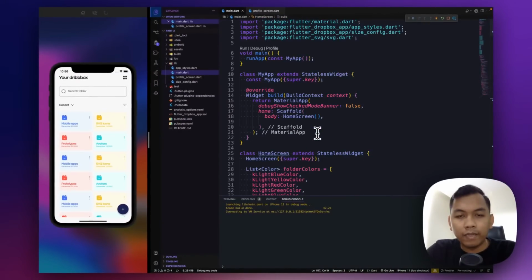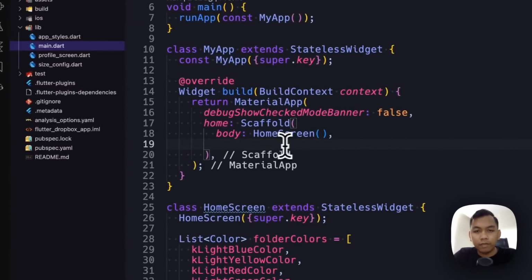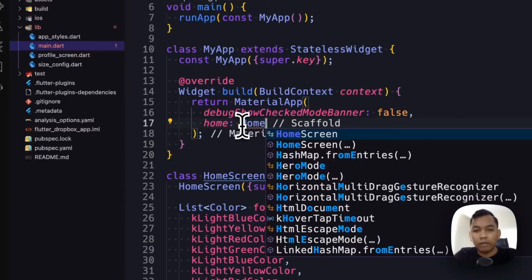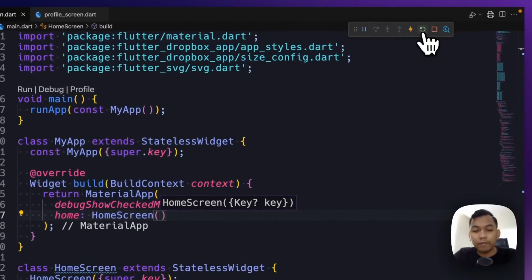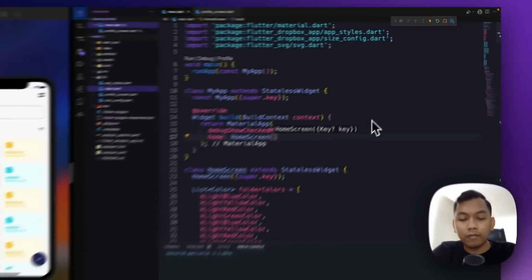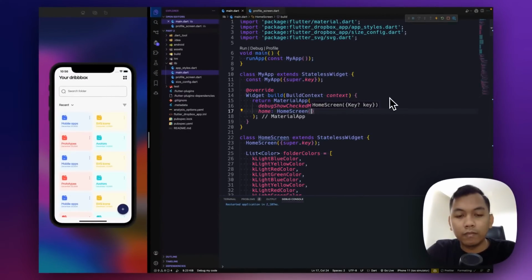All right, and the next we can call home screen from here. And once we restart, it's exactly the same result.